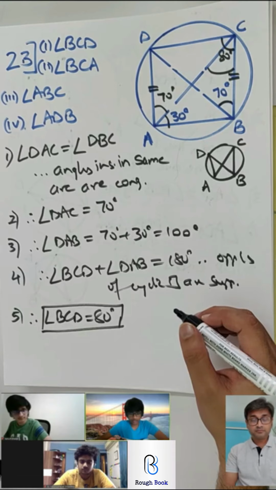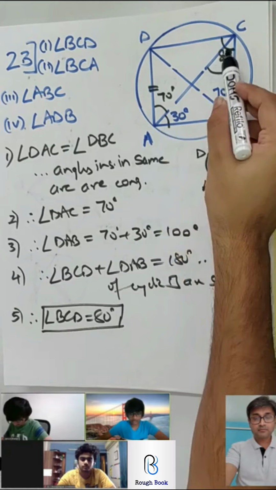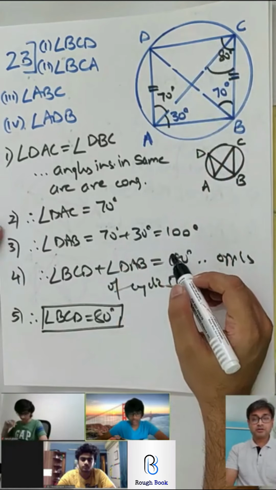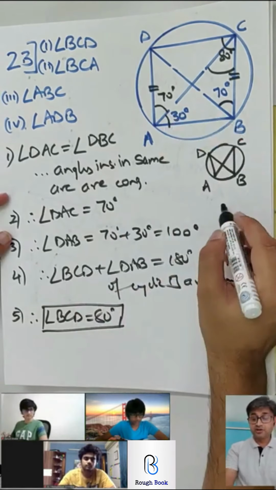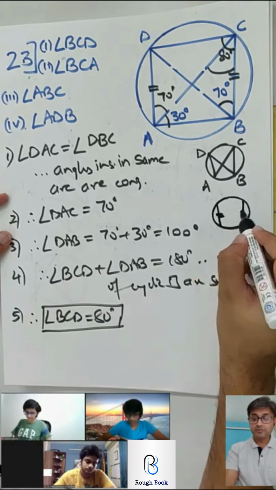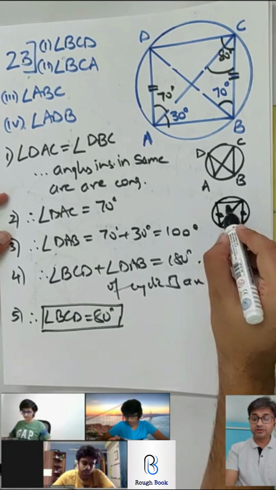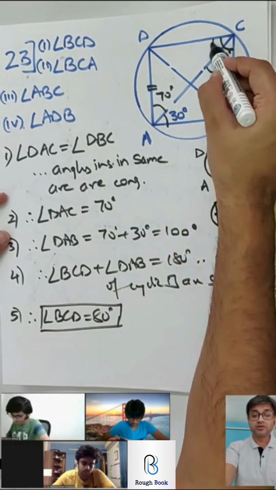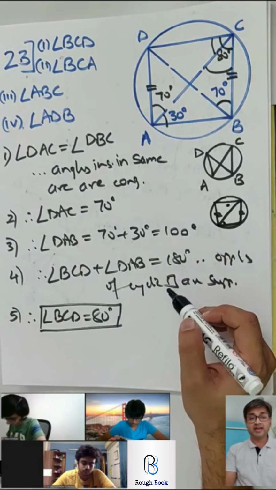And hence, angle BAC is equal to angle DCA, and angle DCA is equal to 30 degrees. Hence, we can say that angle BCA is equal to BCD minus DAC, which is 80 minus 30. Perfect, absolutely perfect. Pay attention to this one. This is a lovely property. AD is equal to BC, congruent chords subtend congruent angles on the circumference. So these are the two angles we are talking about, and therefore if this is 30, this also is 30. From 80 we subtract 30 and we straight away get BCA as 50.